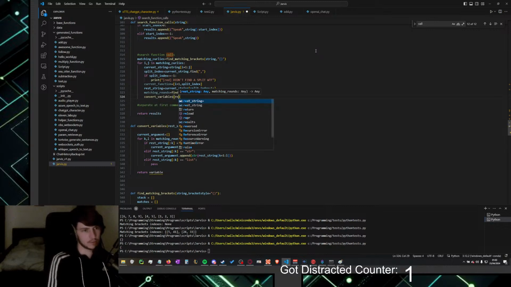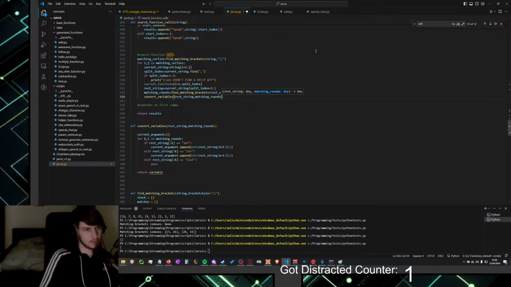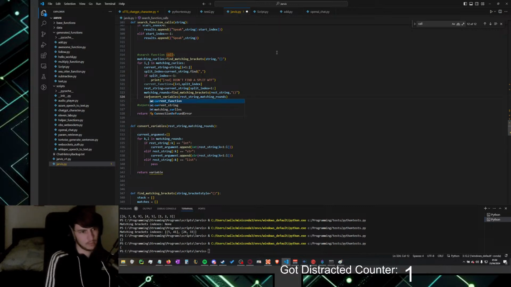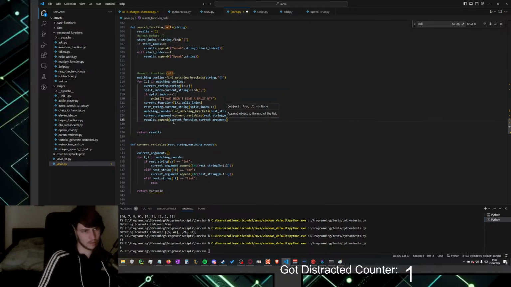Convert variables. Rest string, matching rounds. This. And then current argument is that. And results depend on current function, current argument. Like this.